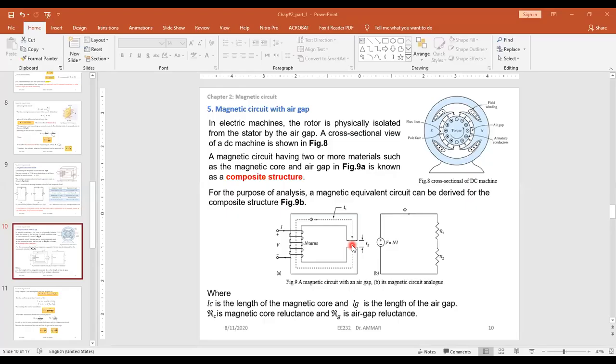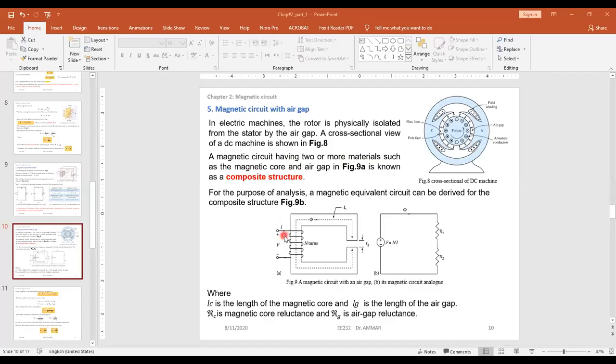Okay, whatever those different materials can be, they can be metal, iron or other metal, or can also be a core with air. Okay, we call this a composite. The magnetic circuit having two or more materials such as the magnetic core and the air gap is known as